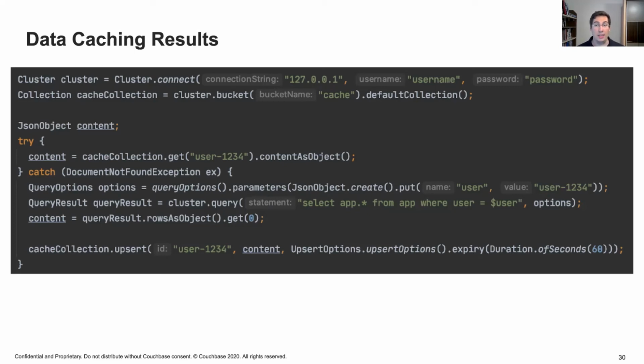So the code you see here, we connect to the cluster, and then we open a bucket called cache, and then we use the default collection on that cache. Now, if you look at the code, what it does is it first goes to our cache collection and fetches the document user-1234. If the document is not found in our cache,